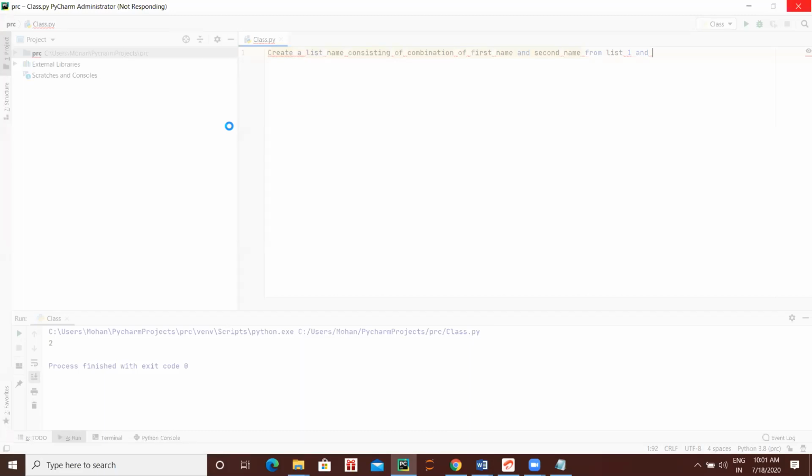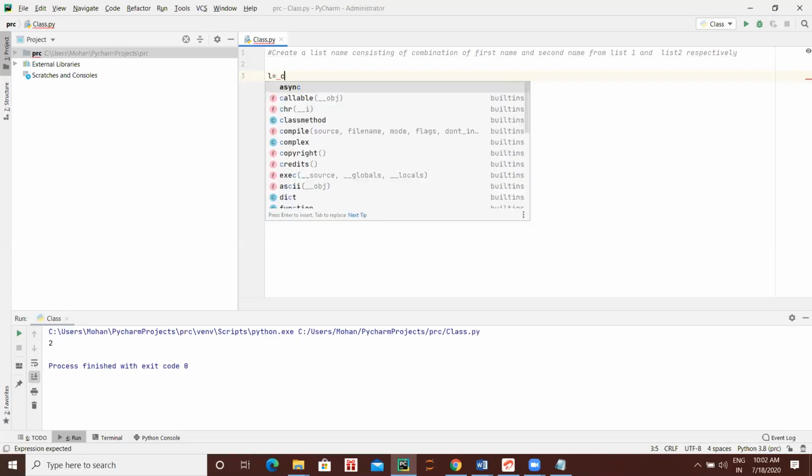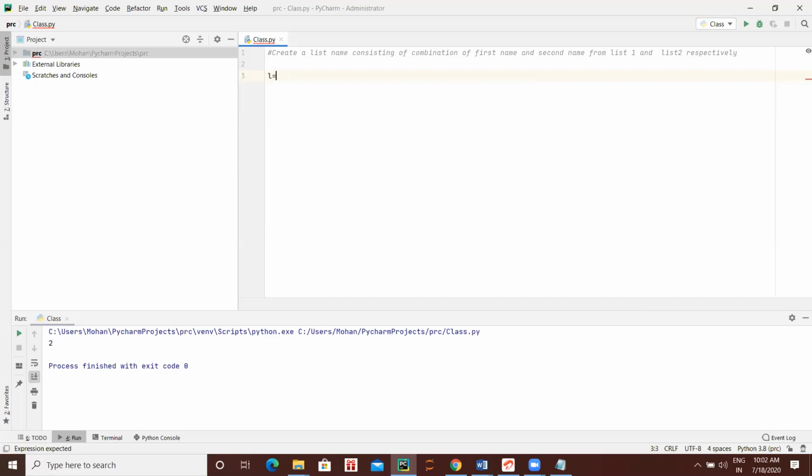Write L equal to, create a list, square bracket. Write some names within quote. First you have to give the quote, then write.